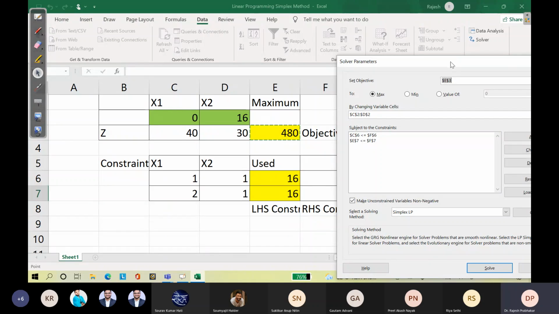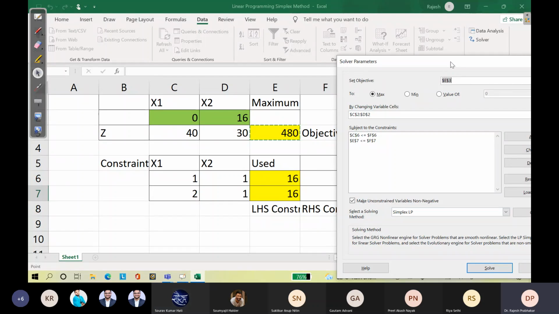Why did we get a 0 and 16? Sir, could you please show again the constraints, the cell reference and all?